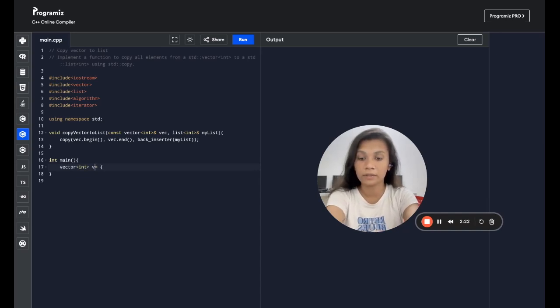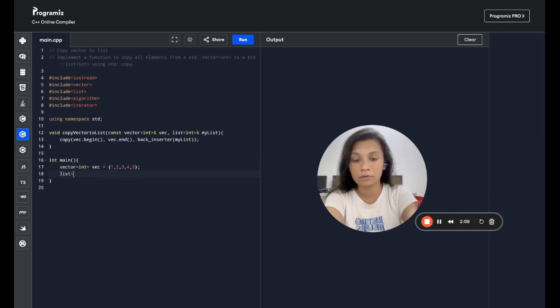Let's name it vec1, with elements 1 to 5. Then declare the list using the list keyword. Again, my list. Now call this function, pass vector and list as an argument,